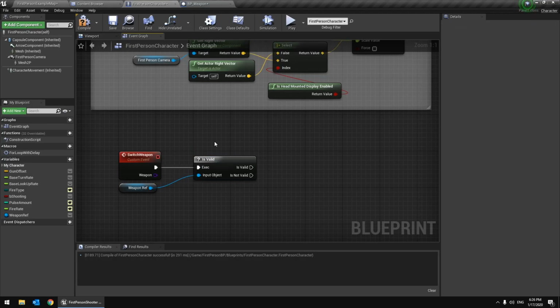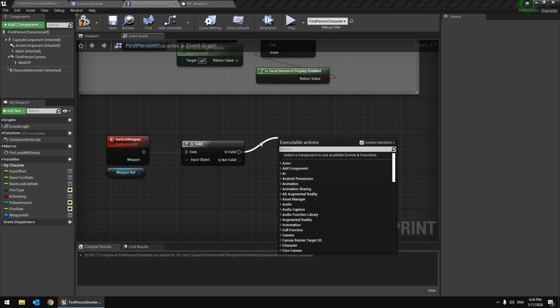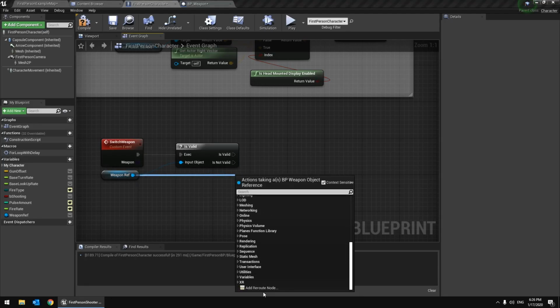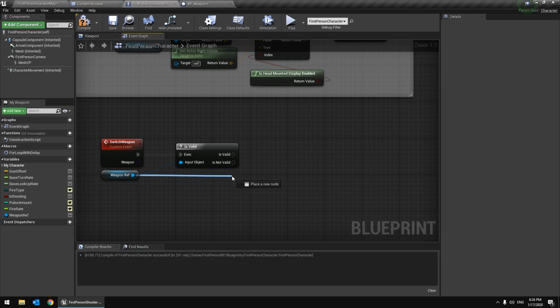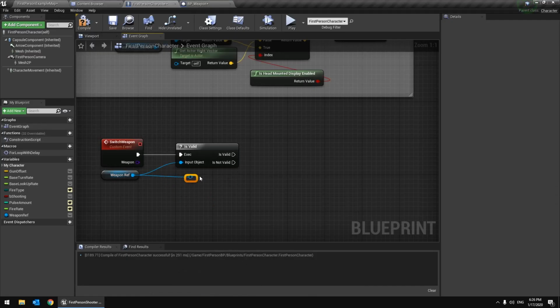You could of course just use a branch, but well, I mean it's built in, so question mark. Yeah, if it is valid, we are going to add a reroute node. If I don't misclick, right at the bottom here, reroute node. So this reroutes your wires